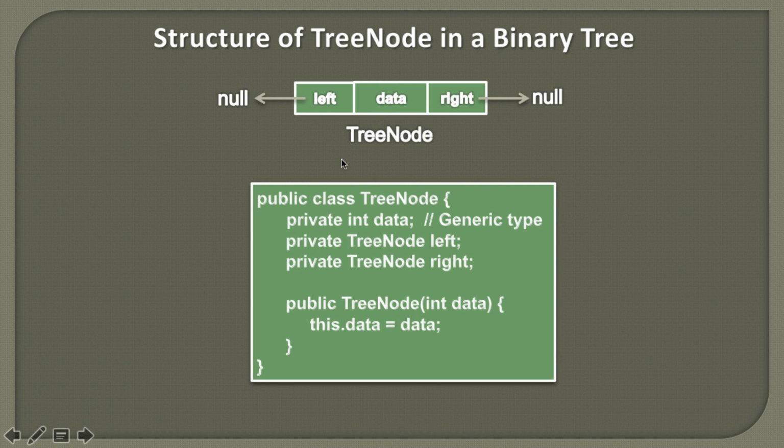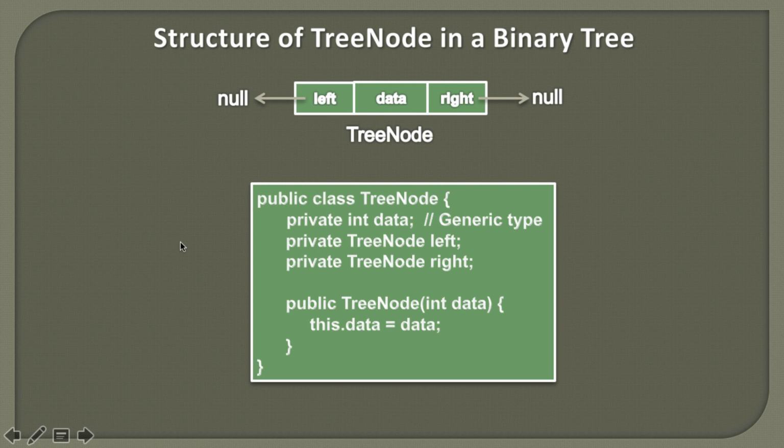So friends, in my previous tutorial we discussed that a binary tree consists of a root node which is of type tree node, and usually this root node keeps hold of all the nodes in a binary tree. We also discussed that the tree node consists of a data part and it contains two pointers. One is the left pointer and one is the right pointer. So this left pointer is pointing to the left tree node and the right pointer is pointing to the right tree node. So friends, this is how we store the data into a tree node, and we usually use the left pointer and the right pointer to hold the left tree node and the right tree node.